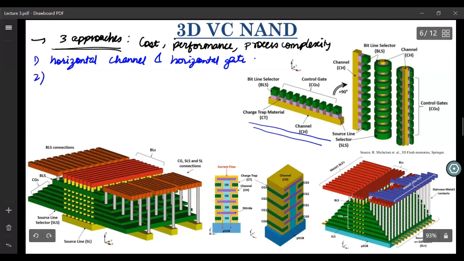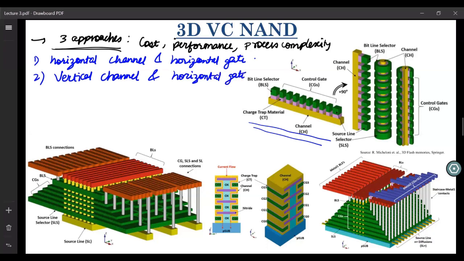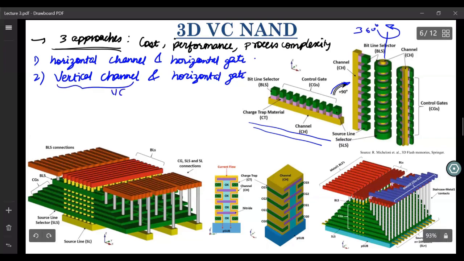Now the second approach, which I discussed in the last slide, is vertical channel and horizontal gate. So how do you realize this? You just rotate it by 90 degrees, and then you rotate it around this axis like 360 degrees, and then you realize something which has a vertical channel and a gate all around, a horizontal gate. This is the most common approach, I would say, and this is what people call VC NAND,